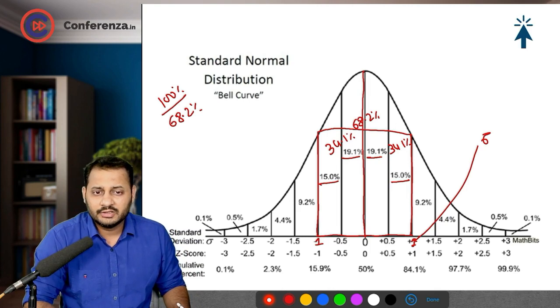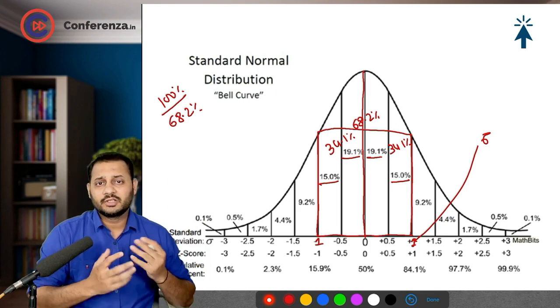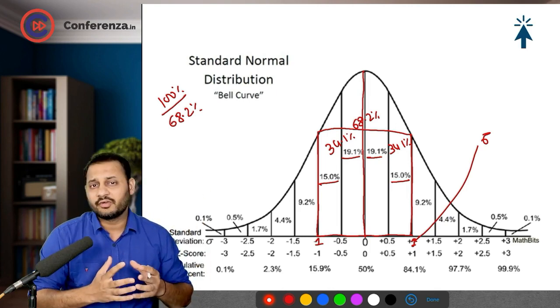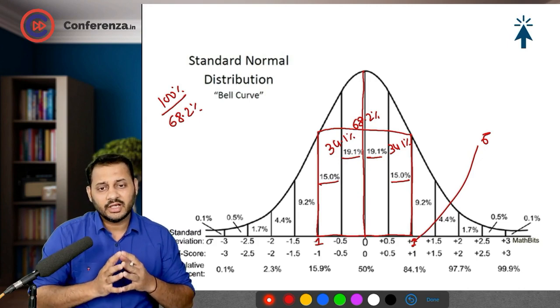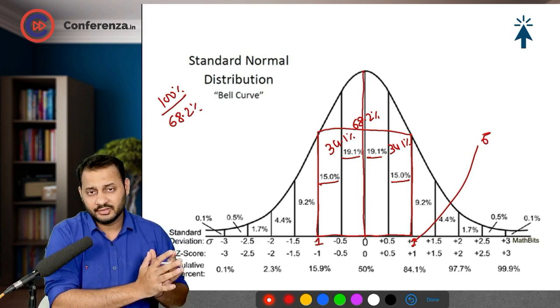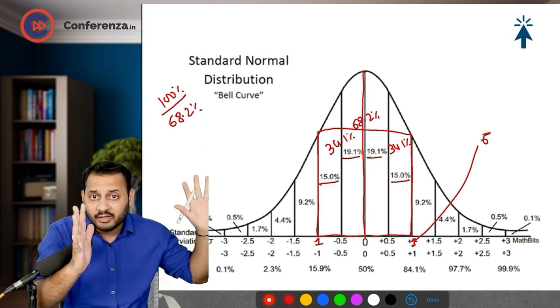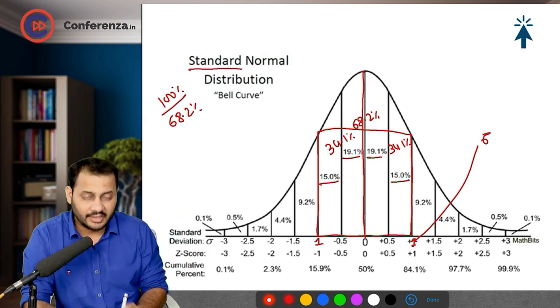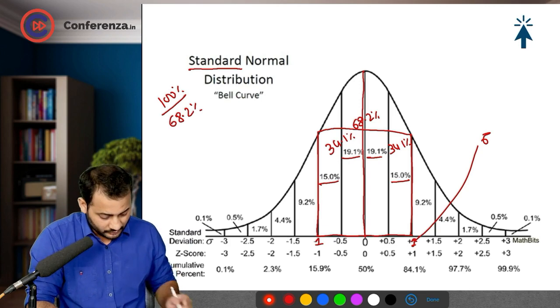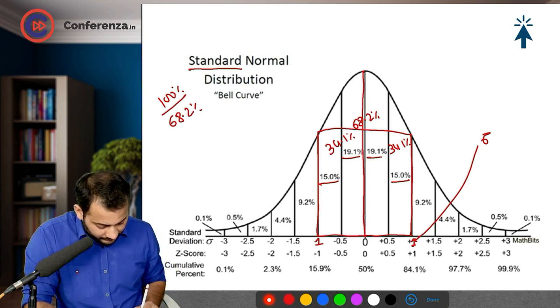So what we did is, the same percentage was coming after observing thousands of real life examples, and that's why we have made it a standard, that it will be applicable everywhere. This is why it is called a standard. Okay, now if we go one more step away from the mean,